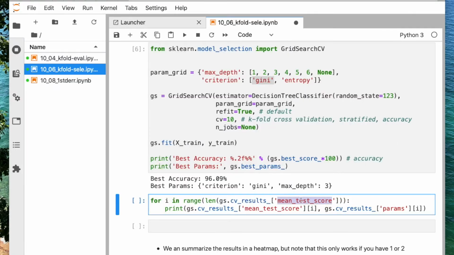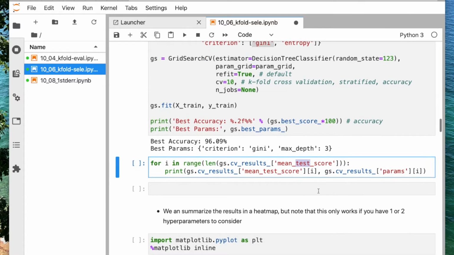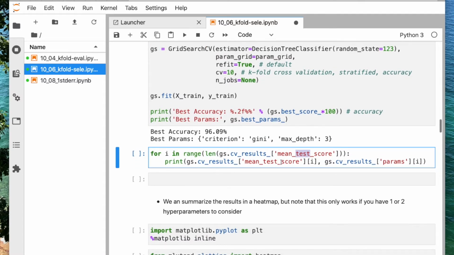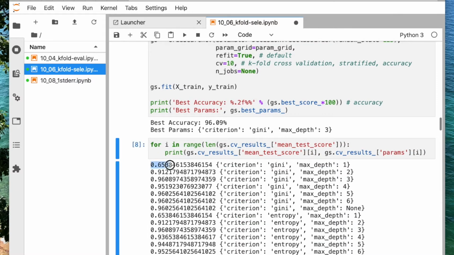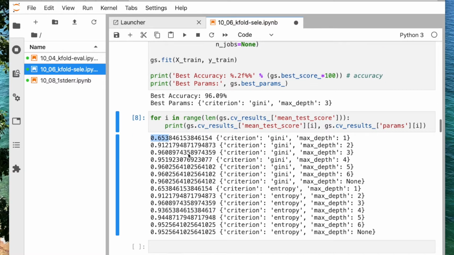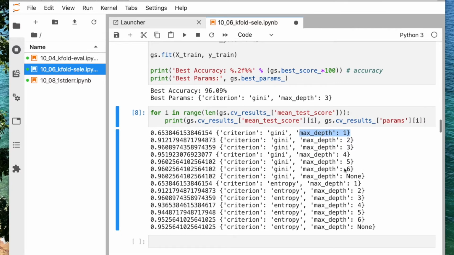They call it test folds, which is why it's not validation score but test score. I'm iterating over these for each hyperparameter setting, and then I'm printing the score together with the parameter setting. If I do that, you can see the accuracy for each hyperparameter setting. Gini with a max depth of 1 only gets 65% accuracy, which is kind of expected because this is just a decision tree stump. So here low performance.